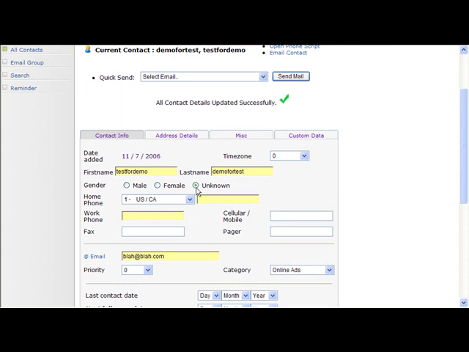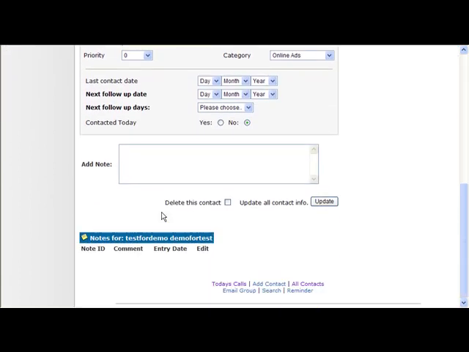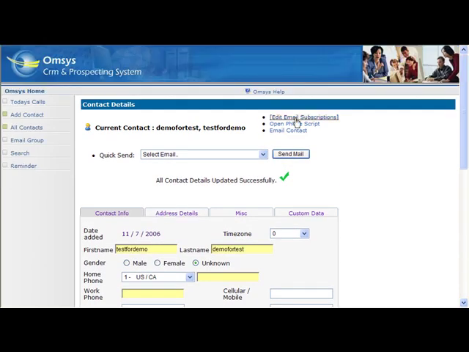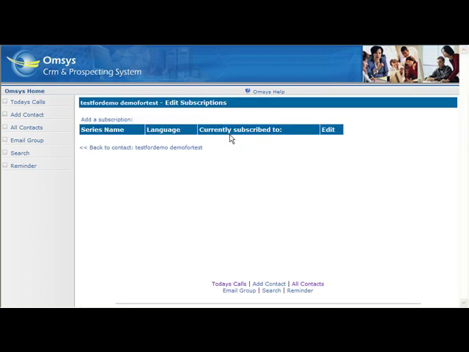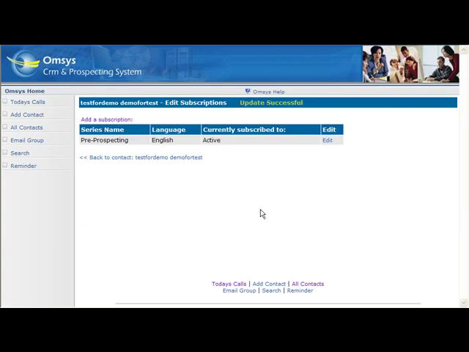It actually takes me directly to the contact listing. It brings me right into this contact because it's assuming I added them. Now I probably want to do something for them, and in fact I do. What do I want to do? Well, I want to put them into an email series. So I click on Edit Email Subscriptions, and I say Add a Subscription, and it asks me which one, and I'm going to say let's add Pre-Prospecting English. It's active. It's going to start. In this case, it's going to ask me what day I want to start it because it's a brand new series. So I'm going to say start it today,